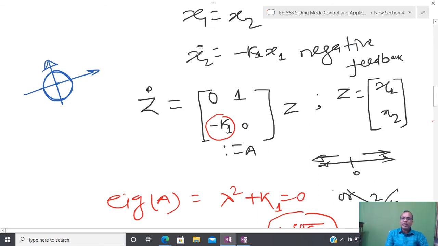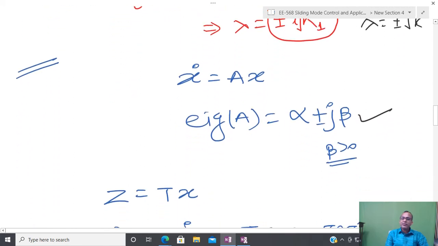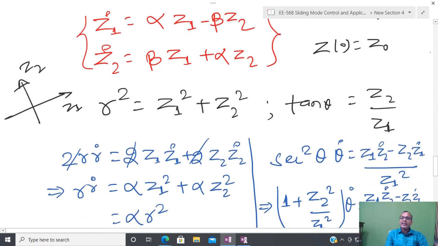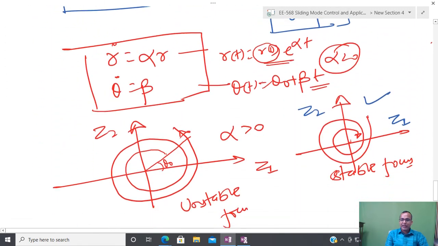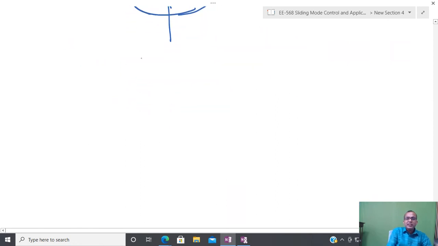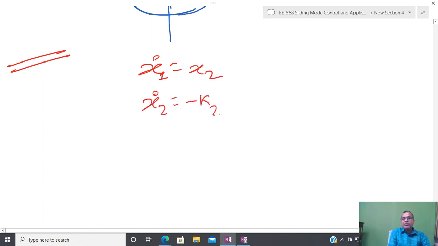Understood. So now let us try to see the other case. At least what we have seen is that if I have information of just position, then my objective is not satisfied. Now try to understand the other situation. Suppose now I have information of x2. Then again I am going to relook at my problem. At that time x1 dot equal to x2 and x2 dot equal to minus k2 into x2. That kind of thing I have.